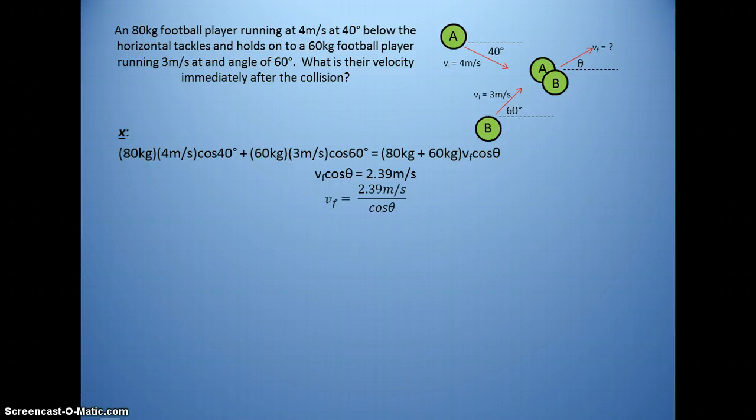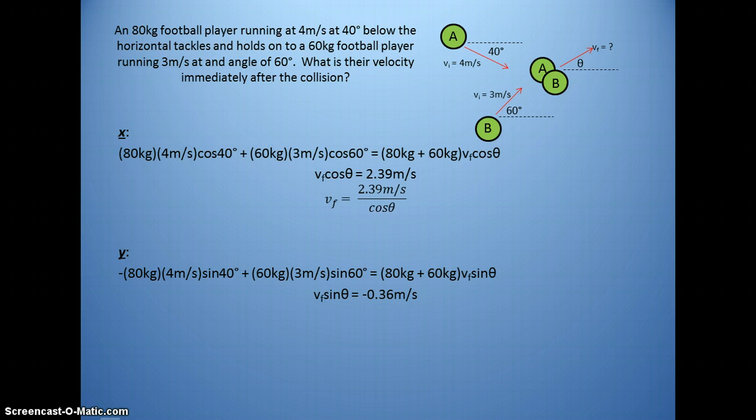We do the y-axis. Notice that the mass of object A, the 80 kilograms, 4 meters per second, sine 40 is negative. That is because object A is traveling down when it comes to the y-axis. It doesn't matter if it's going to the right. All you care about is that it's moving down, hence negative. Again, the only thing we're left with here that we don't know is VF sine theta. So we have VF sine theta equals negative 0.36,